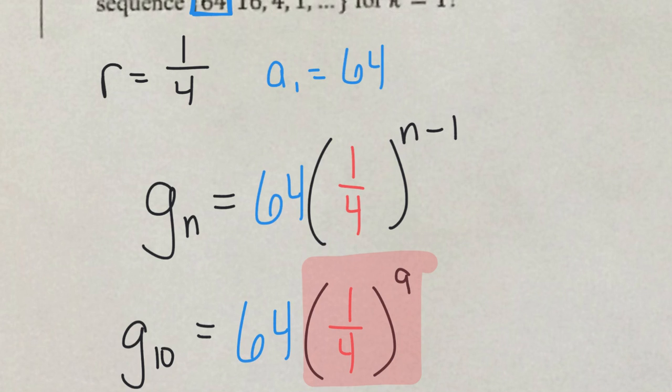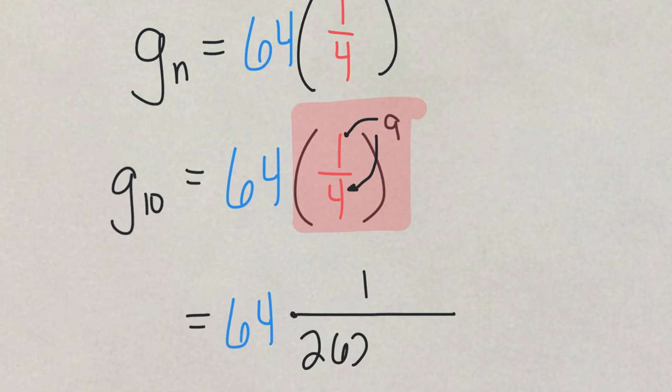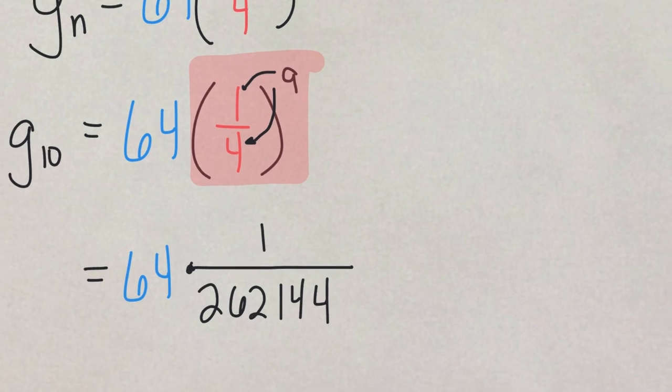And what your calculator is going to do is multiply 1 by itself 9 times, and multiply 4 by itself 9 times. Okay, and when it does that, it comes up with this fraction, 1 over 262,144. So that's 1/4 to the 9th, 1 to the 9th divided by 4 to the 9th. And now in my calculator, if I multiply this by 64, I get the reduced fraction of